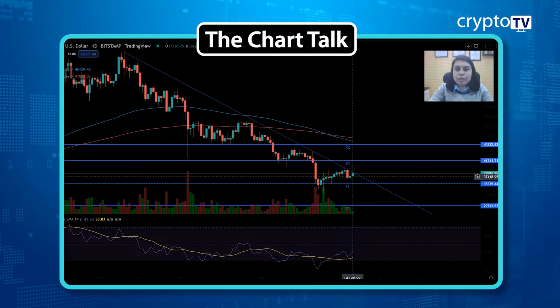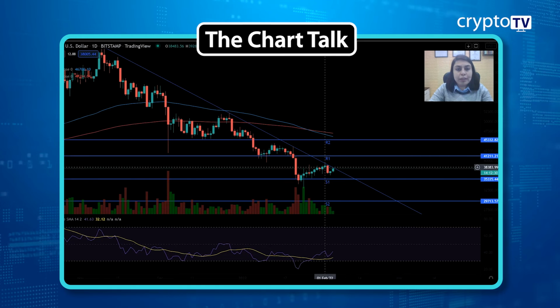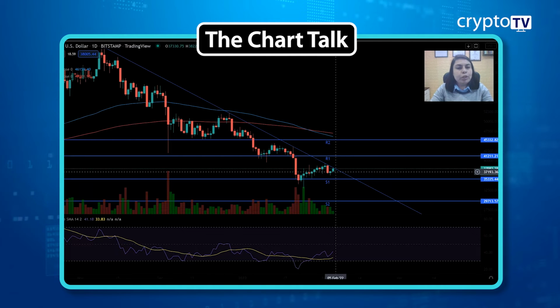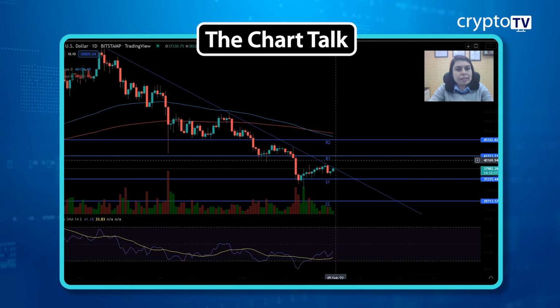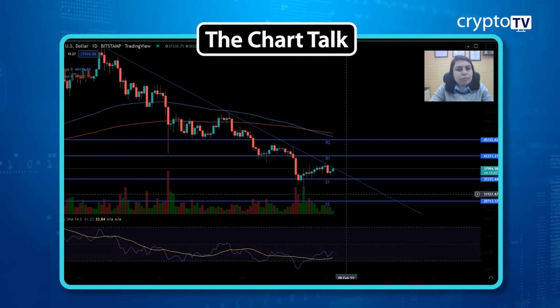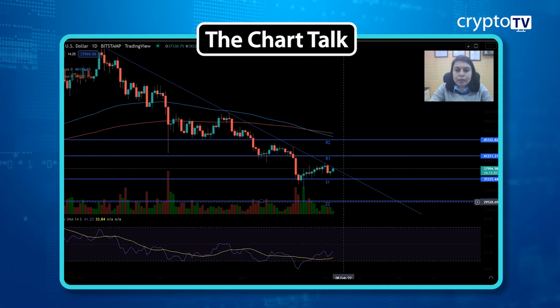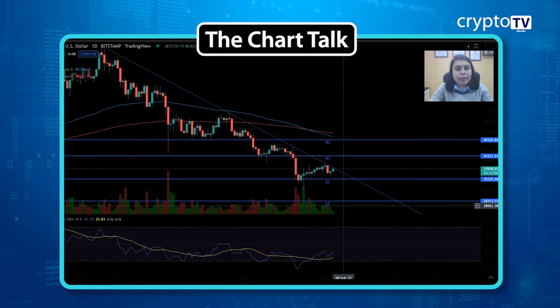One thing I can see from the chart that is very important is that the price is very near to this particular downtrend line. There are two things which can happen to the price of Bitcoin. One, if the price breaks this trend line, you might see some trend reversal activity there, and if not, you might see another fall in the price of Bitcoin. As of now, the volumes are low, since we see a lot of trading activity happening majorly in the evening. So you might wait for that time frame as well.